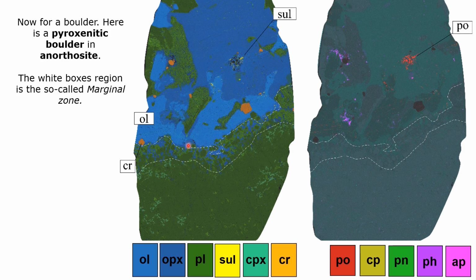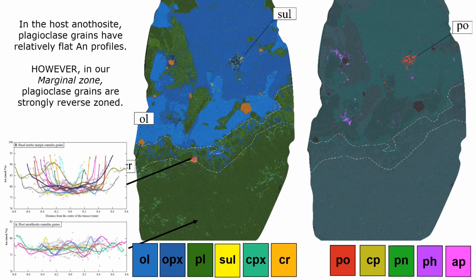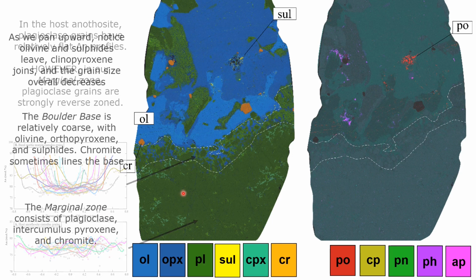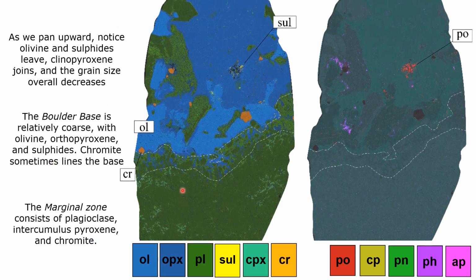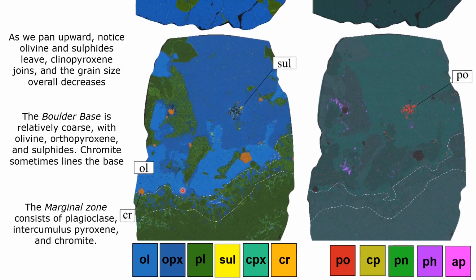Directly underlying the boulders, we have what's known as the marginal zone in this white dashed line here, and then underneath that we have the host anorthosite. If we measure plagioclase from that marginal zone, we can see that they're far more strongly reverse zoned than plagioclase of the host anorthosite. So now to pan upwards through the boulder, I want you to note the disappearance of